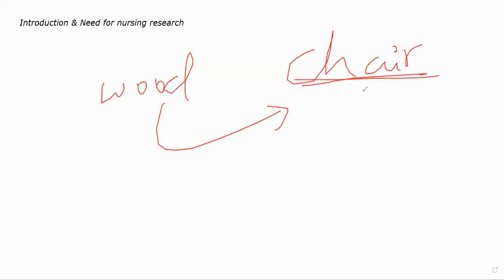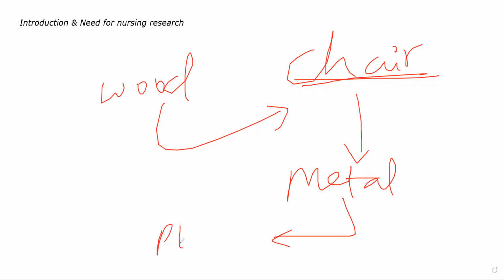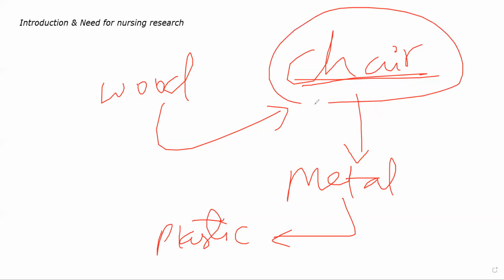Later on someone did research again, okay, can I use some other material to make a chair? Maybe after a few hundred years, a chair made of metal came out, and after a few more hundred years, during the modern era, when plastic started being used quite a lot, plastic chairs started coming out. So यहाँ पर you can see a classic example. You are taking some material and you are creating something new completely out of it. That itself is research, and what has already been created is being improved upon. So maybe from a wooden chair you are making a metallic chair which is more sturdy, and from a metallic chair you are making a plastic chair.